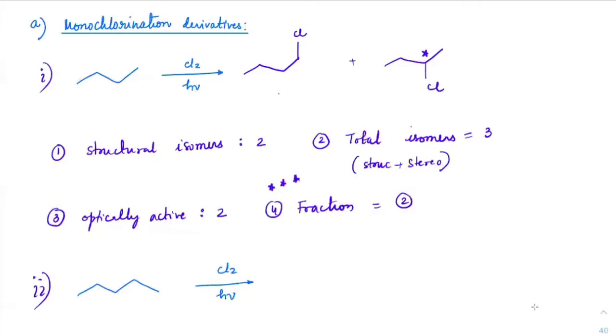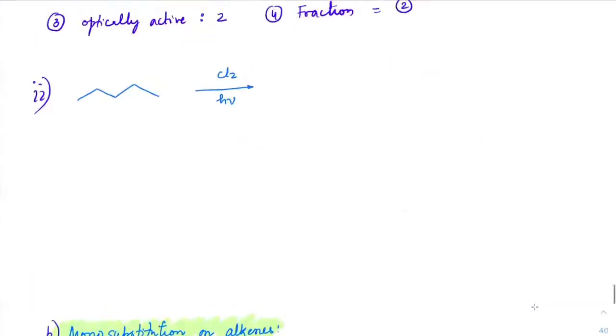Faster, everyone. Sir, here 2 fractions are those 2 optically active ones. No, that is enantiomer. Out of that, one and this one, both can be separated. So here, how many? 3 structural, sir. Right. So I'll get 1 chlorine here, 1 chlorine here, 1 chlorine here. Right, beta. So this is one molecule. These are 2 molecules because this is a chiral center. And this is 1 molecule.